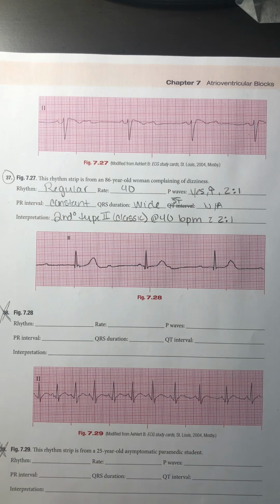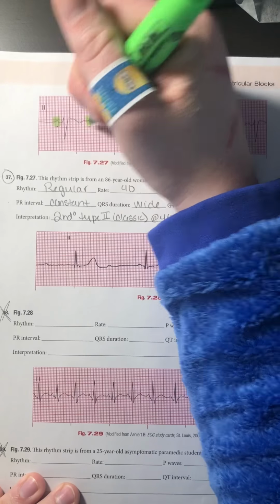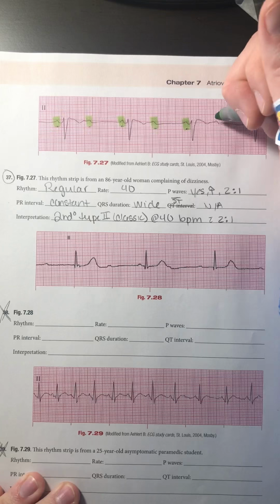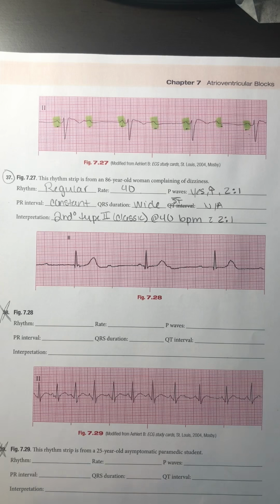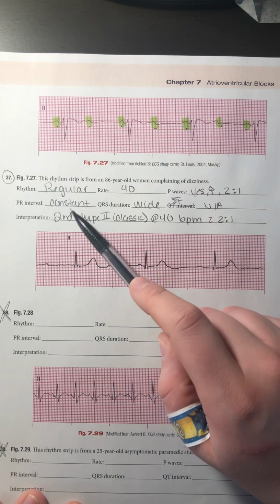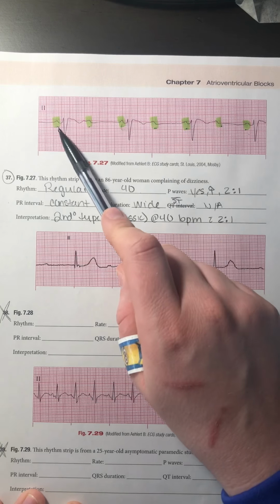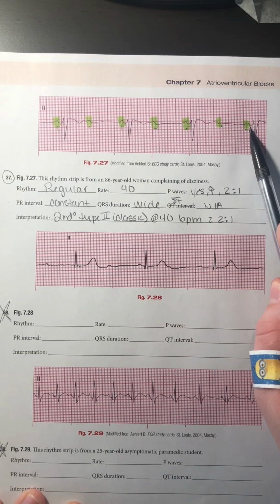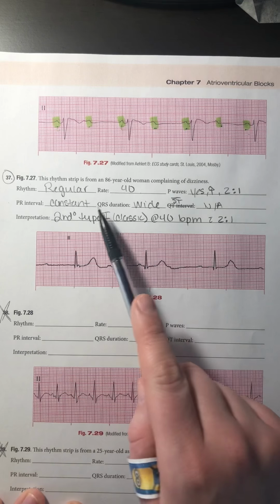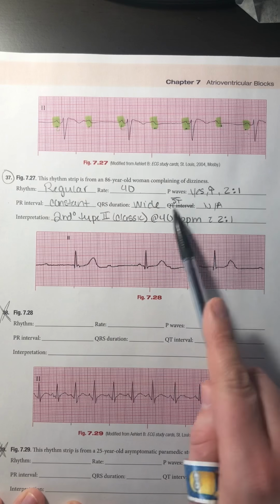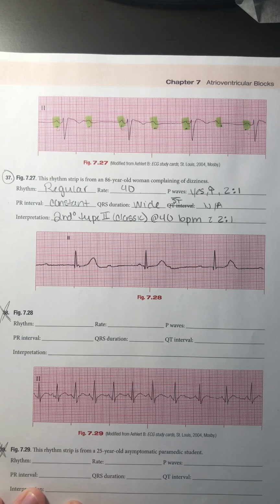I do have P waves. They are all upright. They all are uniform, but I have 2 P waves for every QRS complex. My PR interval, when I have a PR interval, is consistent. So this PR interval, they all look the same length. My QRS I've marked as wide, and because it's wide, we're not really going to look at the ST